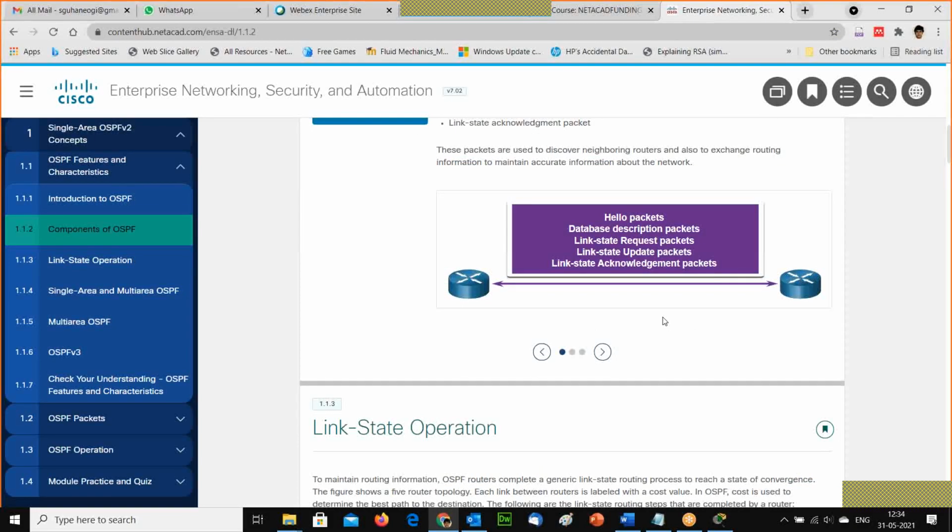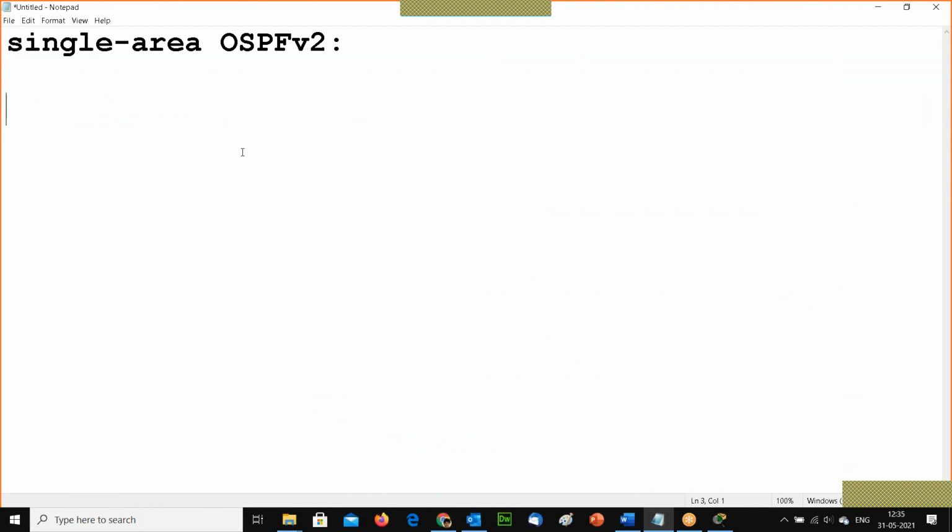In a previous module I discussed the root bridge in spanning tree protocol. Here also, in an area, there are a lot of different routers. The first router is called the designated router, the captain of the ship, then BDR, the vice captain, then ABR, then ASBR.